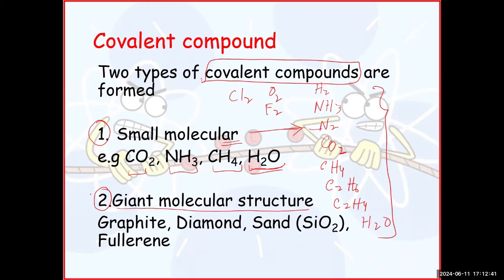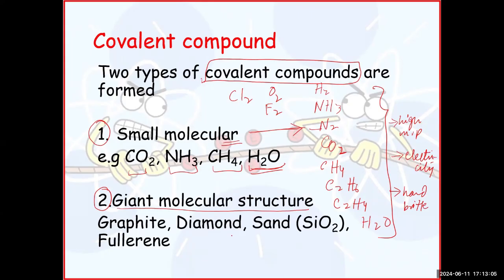Just like in ionic compounds, we learned three properties. I would recall, we learned that they have high melting and boiling points. We learned that they conduct electricity in molten or aqueous form. If you remember, we learned that property. The third property, we learned that they are hard and brittle. These are the three properties I told you in the case of ionic compounds.